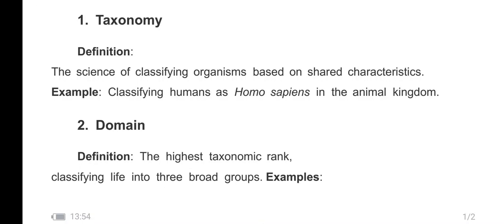So today we are looking at a very interesting topic, which is taxonomy. So what is taxonomy? Taxonomy is simply defined as the study of classifying organisms depending on their shared characteristics. So when we are classifying organisms, we look at what characteristics they have, what they do, how they live, that they share in common. So if two or more organisms share specific traits, then you can classify them as,